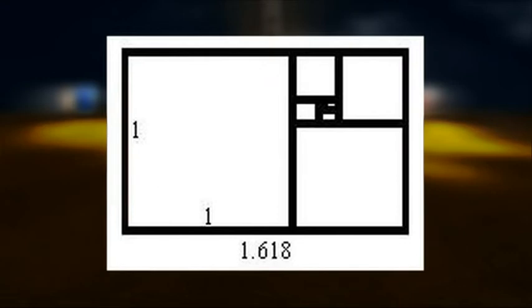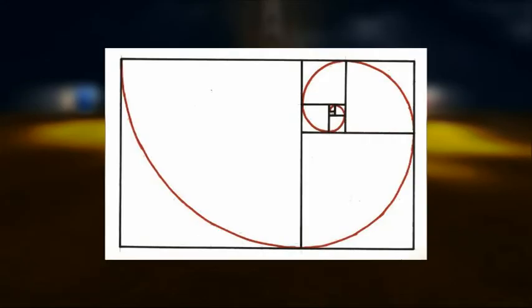Now here comes the interesting part. What you can then do is get a red crayon and draw in, starting right in the middle and joining all the sides, what's called a golden spiral. Now you may think, well, what a strange thing to do. Well, let me tell you, that is one of the most attractive designs that you and I ever see, and we are seeing it all the time, but we've probably never realized why we find it so attractive. It's because it has all the divine dimensions in it.